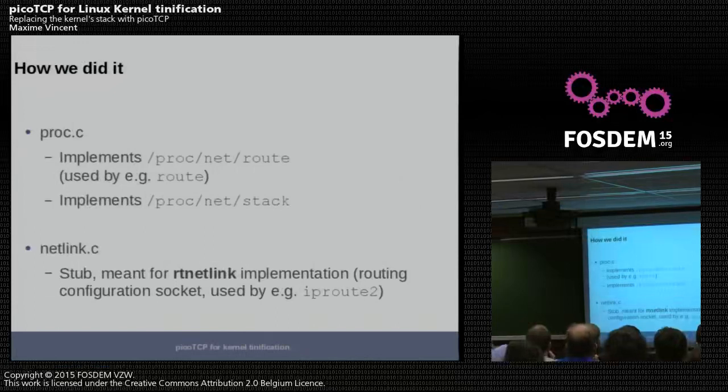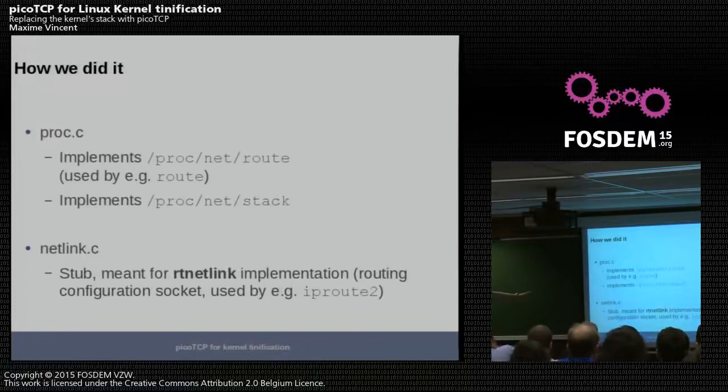Last file is proc.c, and this will implement a procnet route. And you guessed it, you will need to use the route utility. So procnet route is gonna give you a list of all the routes that are configured right now. So PicoTCP, although it is a very small embedded stack, has IP filtering and routing and things like this set up. So you can still use all of these features. And it also implements the procnet stack, which I catted before, that just prints PicoTCP.